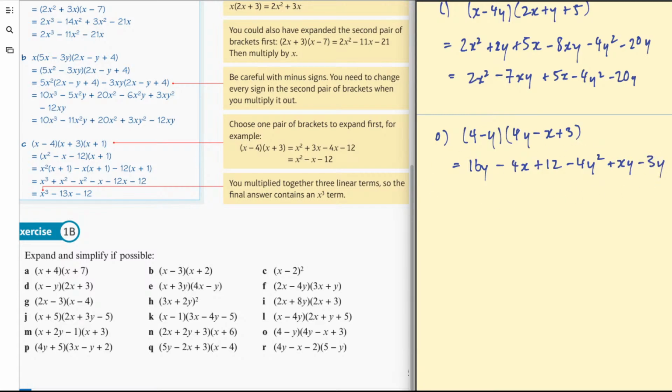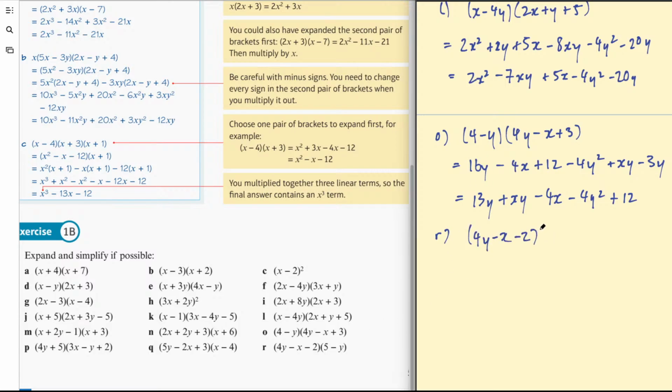And then check to see if you can simplify. I see a 16y and a 3y, so they are like terms. 16y take 3y is 13y, and that I believe is everything we can simplify. So then we've got a plus xy take 4x take 4y squared plus 12. Okay, and we're done. And the last part of this exercise that I'm going to do is 4y take x